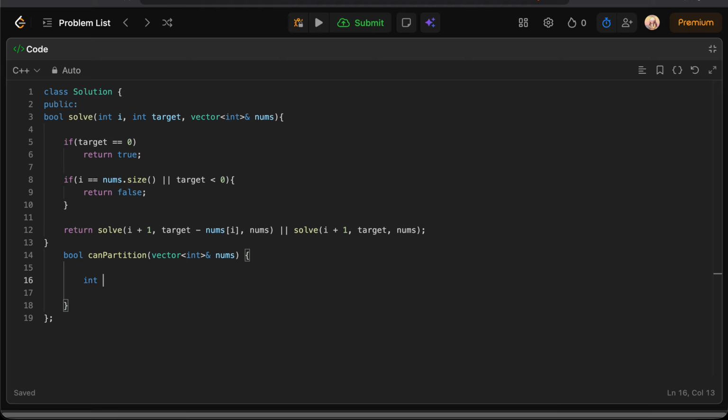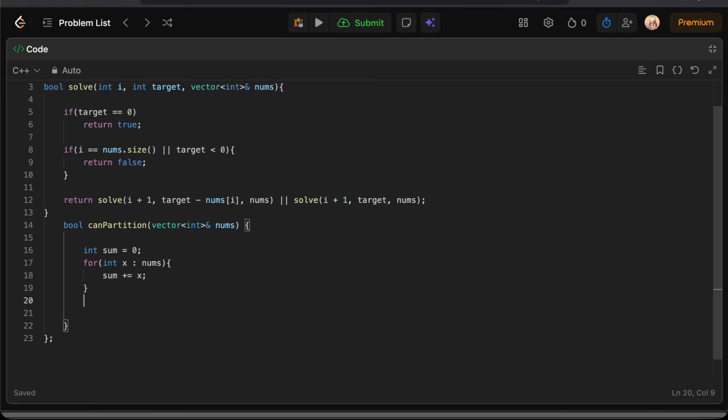Now sum is equal to 0. For int x in nums, sum plus equal x.